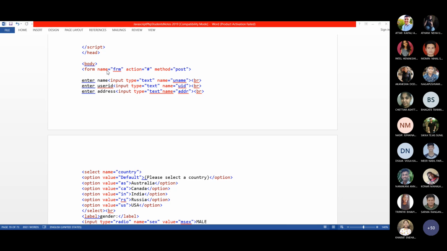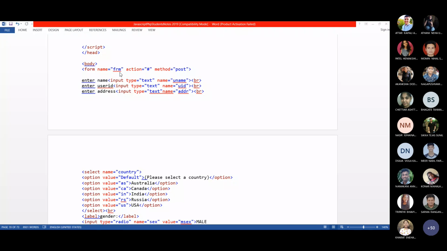This is very useful when you use JavaScript, when you pick up the element value, whatever the user submitted. For example, username, I might have entered SIS. So to pick up the content entered by the end user, we have to identify each and every control. For that, we can give a name for each and every element of the form, and also for the form.